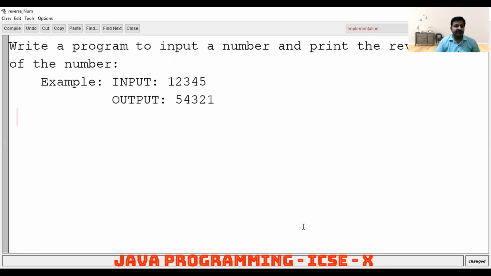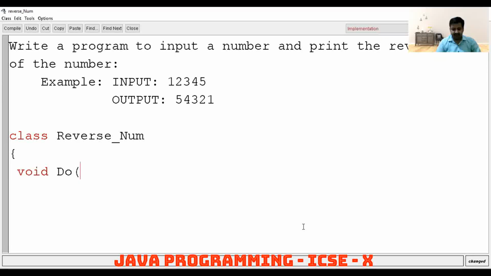So first of all, we are creating the class in Java, that is reverse underscore num, a number we have to reverse. We are creating a simple function in BlueJ, that is void calc, or simply do.